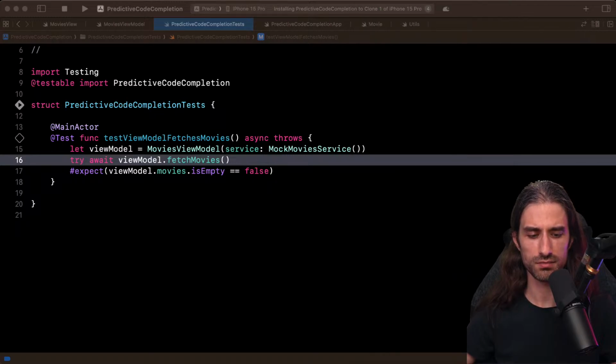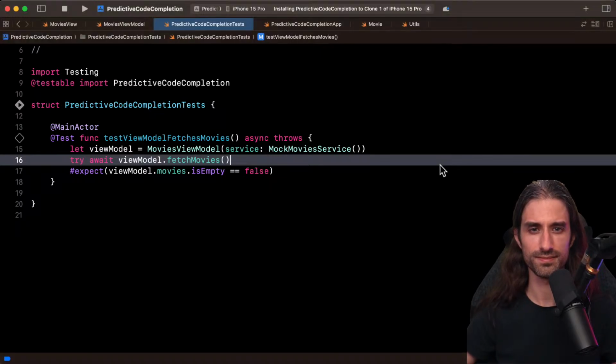I'm gonna put it on the other screen because it's not gonna be super useful for us. Of course, it always takes a lot of time the first time that you want to install to the simulator.